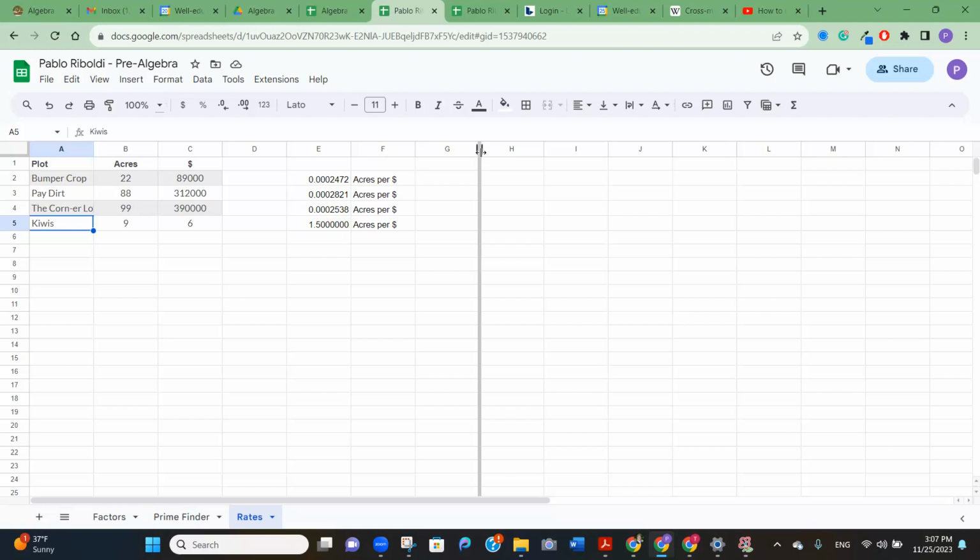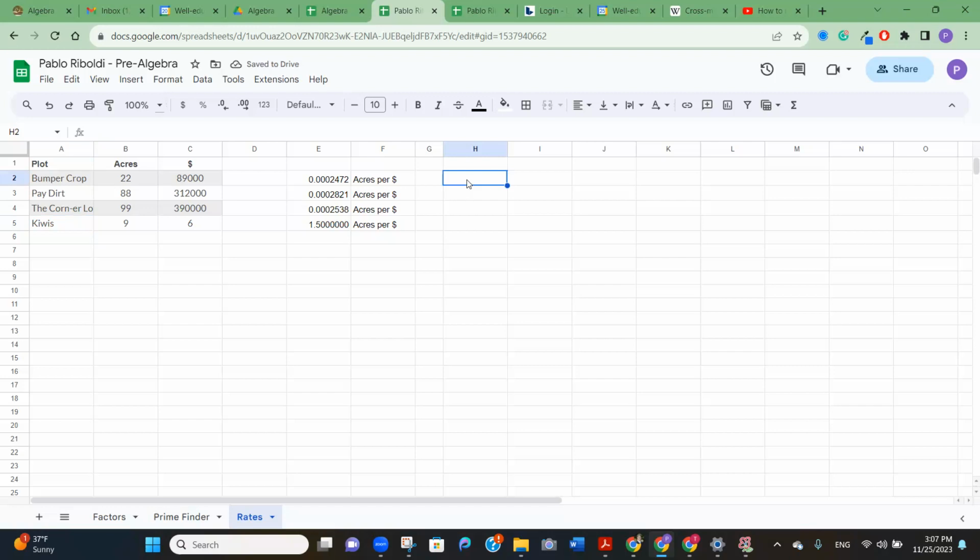And so we are going to leave this column empty. And here in our formula, we are going to do the reverse formula. Here, we were basically doing the acres divided by the dollars. So now, what would be the formula? I'm actually going to let you figure out what would be the formula to calculate dollars per acre. All right, and so here we are going to put what we want,